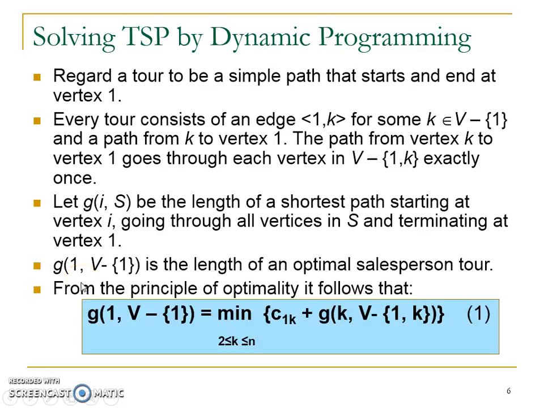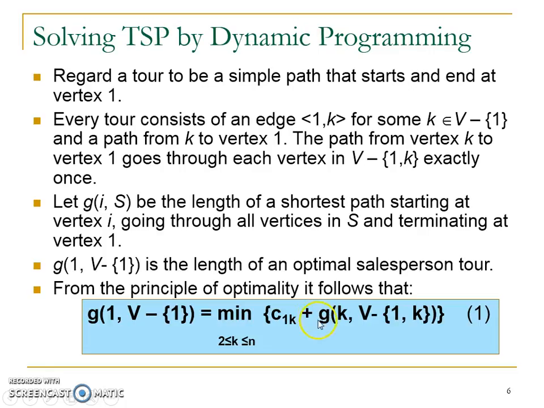So when I have to write the recurrence relation, you can see that G of 1 comma V minus 1 means the cost of the tour starting from vertex 1, visiting all the vertices in set V other than 1, should be C1k, where what is C? C is basically the cost of the path from vertex 1 to any vertex k. As I said, k is a vertex which belongs to the set V other than the vertex 1. So the cost of the edge from 1 to k plus, again, what is the rest of the path now? From vertex k back to 1, covering all the other vertices in the graph.